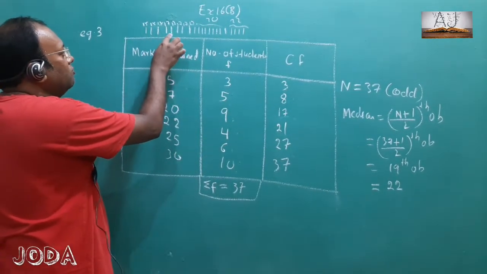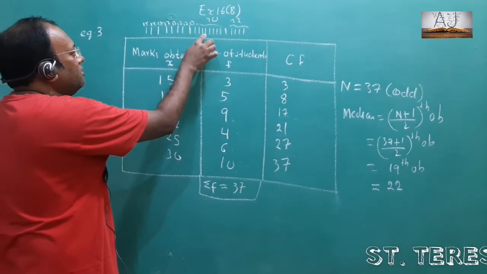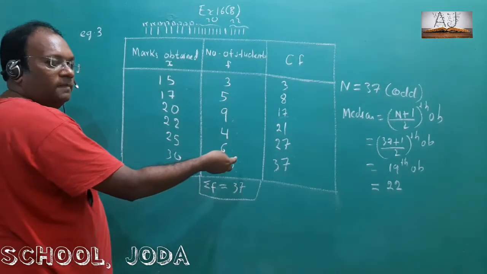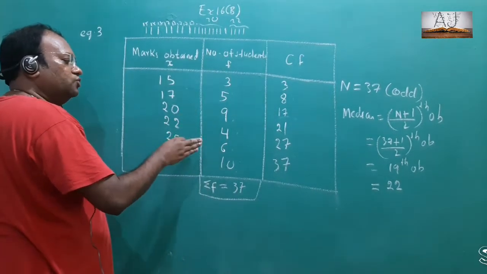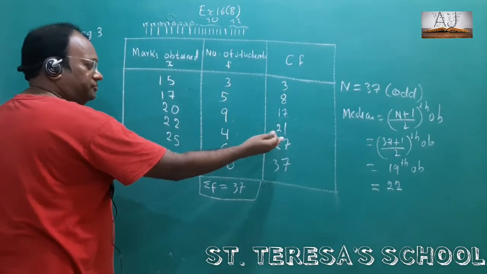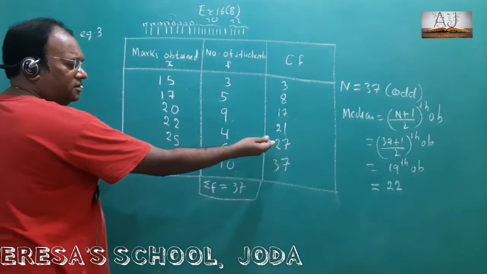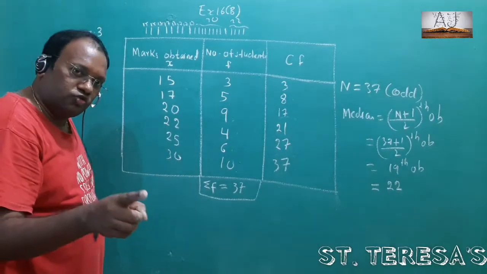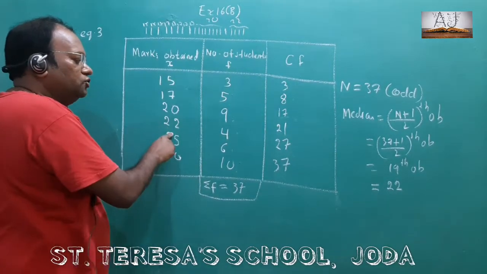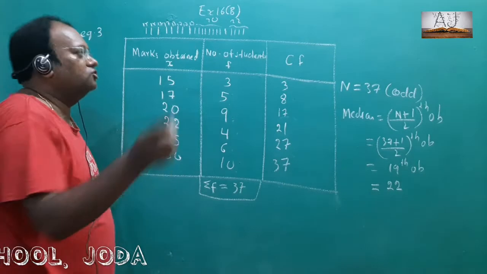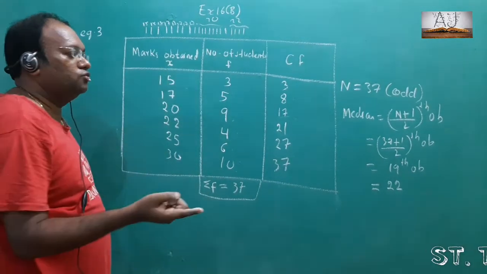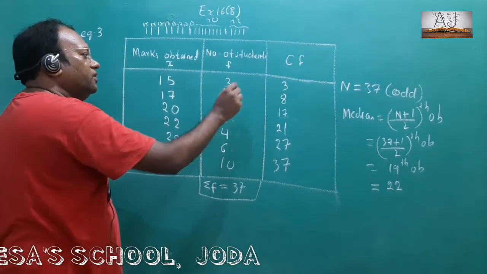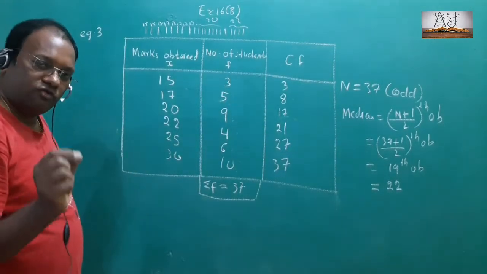1, 2, 3, 4, 5, 6, 7, 8, 9, 10, 11, 12, 13, 14, 15, 16, 17, 18, 19. It's 22. That is what I told. How many students have got less than 22? It is 21. That means after the 17th student, the 18th student has also got a mark of 22. The 19th student has also got a mark of 22. The 20th student has also got the mark of 22. And even the 21st student also has got the mark of 22.